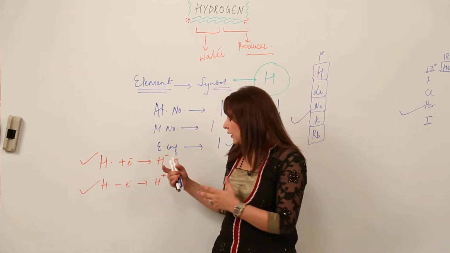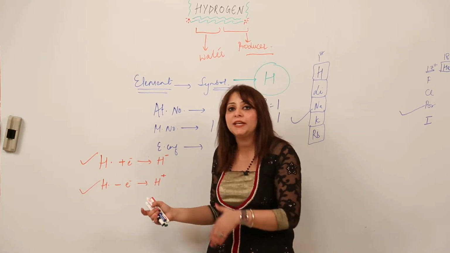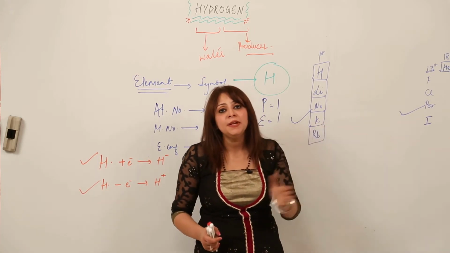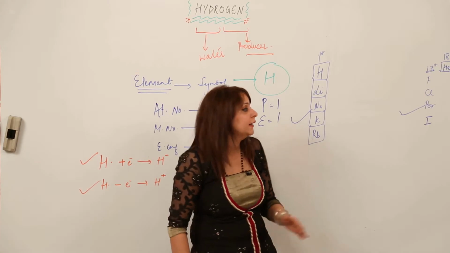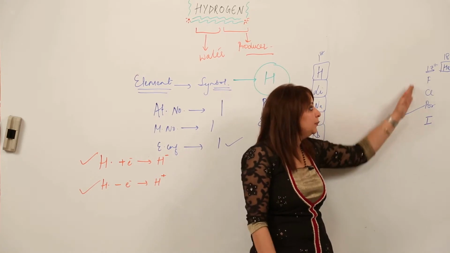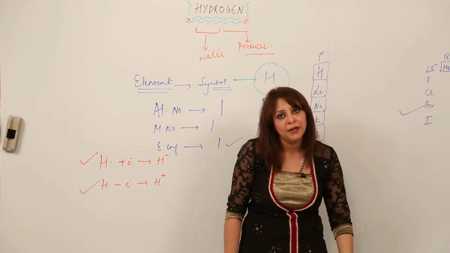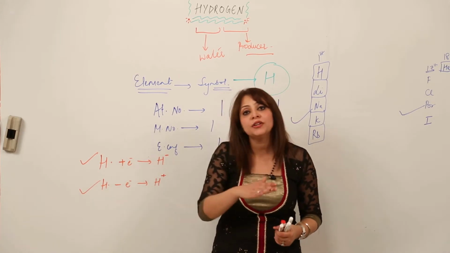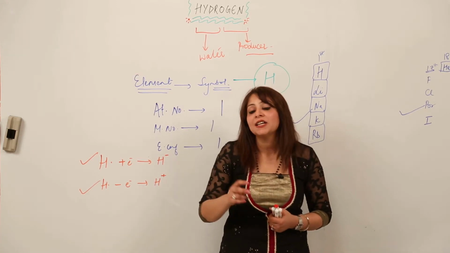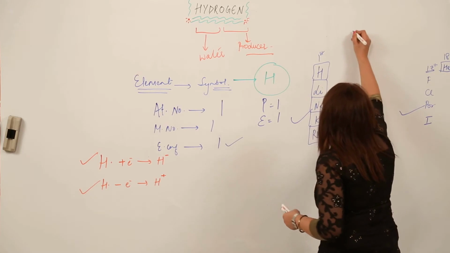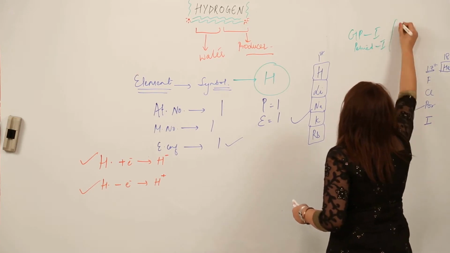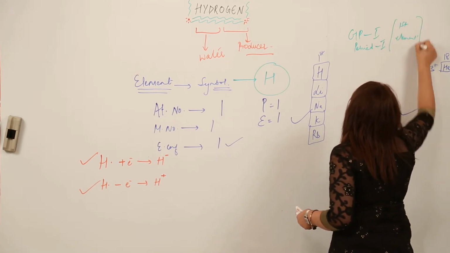Similarly, as I have shown you, it has a tendency to gain an electron also. So it possesses non-metallic character. And out of this periodic table, the maximum electronegative elements, or the maximum non-metallic character, belongs to the 17th group due to its exceptionally small size, right? So it resembles the 17th group as well. That means hydrogen can be placed in both groups as it resembles both groups. But we cannot place the same element in two different groups. That is why it is placed in group 1 and period 1. That means the first element of the periodic table,